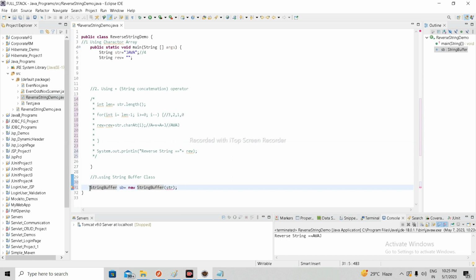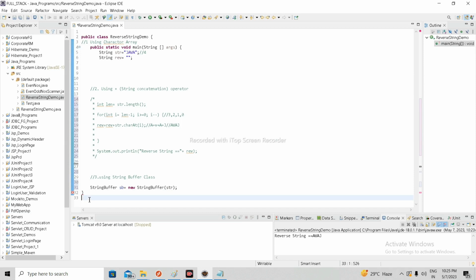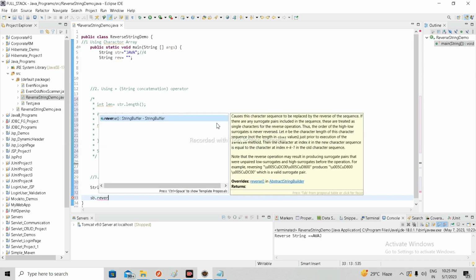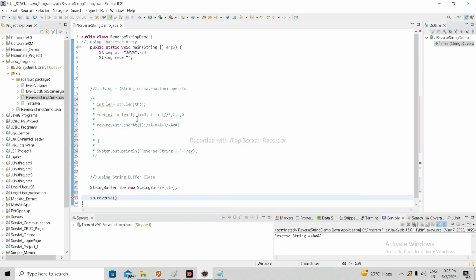Remove it, then take it inside the curly bracket. After that, we just print using the sb dot reverse method. Okay, reverse. I am just using the inbuilt methods of StringBuffer.